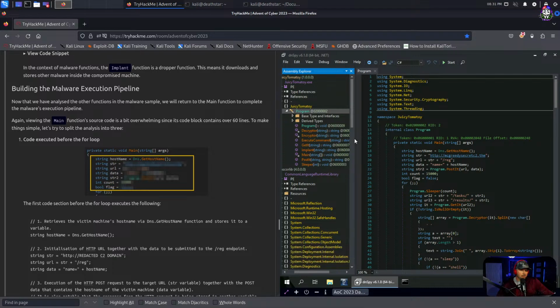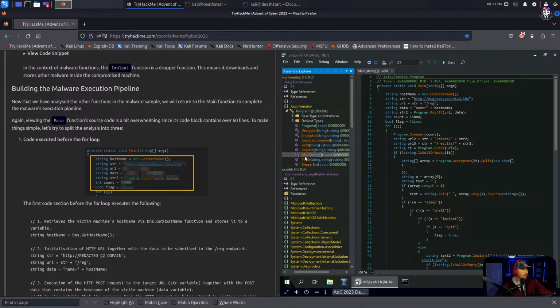Muting the vein. Where's main? Here we go, I was looking at the wrong thing. Okay, again, viewing the main function source code is a bit overwhelming since its code block contains